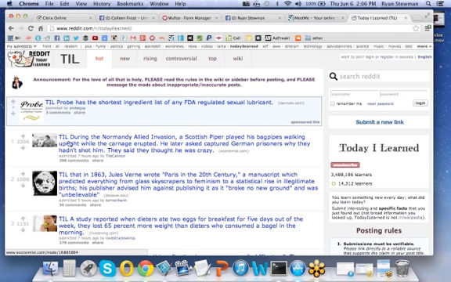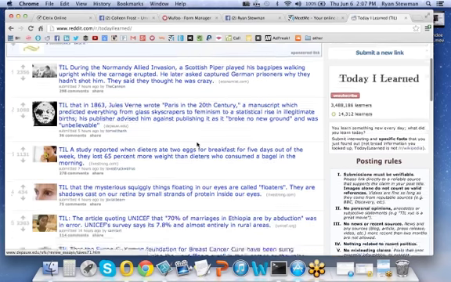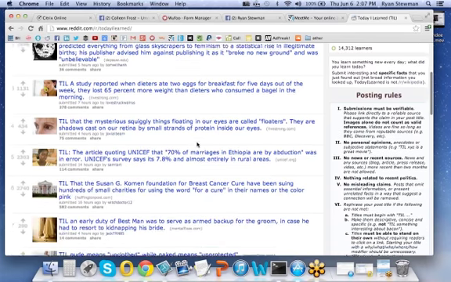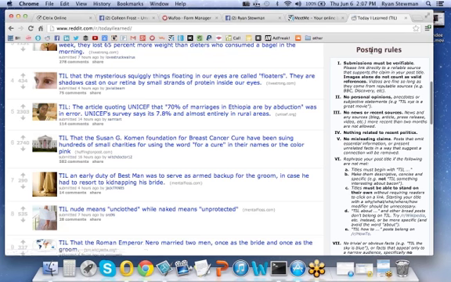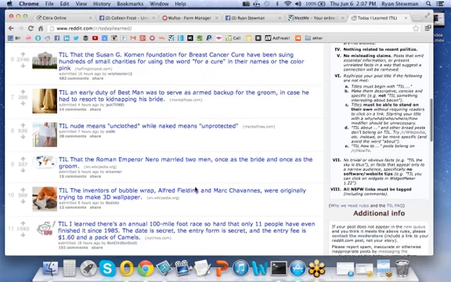Here's an example. Today I learned, which is TIL, today I learned during the Normandy Allied invasion, a Scottish piper played his bagpipes walking upright while the carnage erupted. He later asked the German prisoners why they hadn't shot him. They said they had thought he was crazy, right? So it's just random stuff. And then there's a link right there to theeconomist.com that gives you the whole idea behind it. You can go through this Today I Learned section, and there are even posting rules on each one of these forums. And you can go through here and find interesting things to talk about